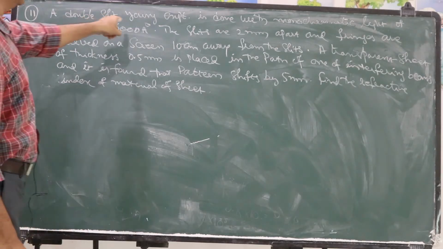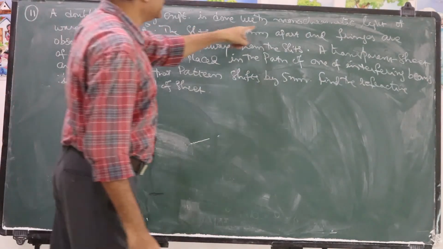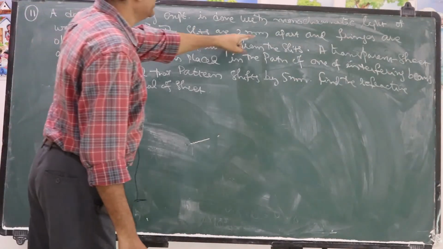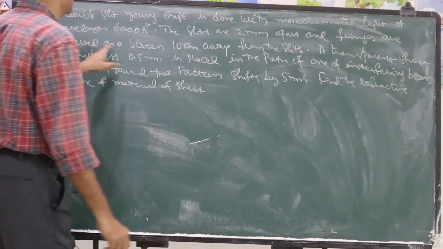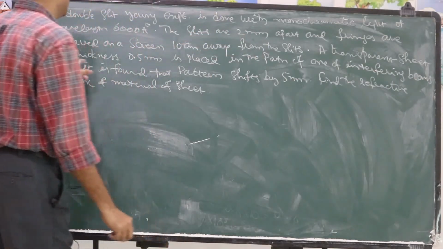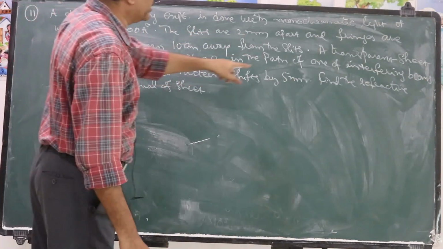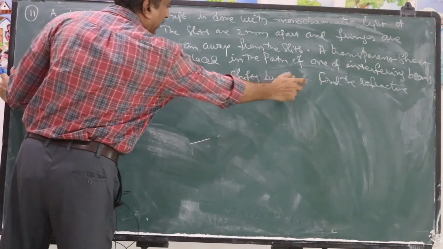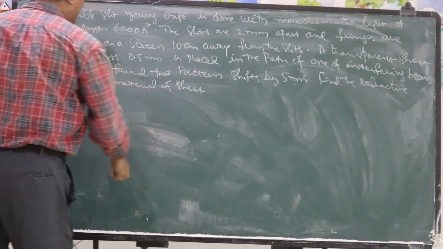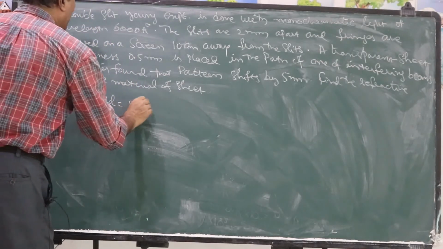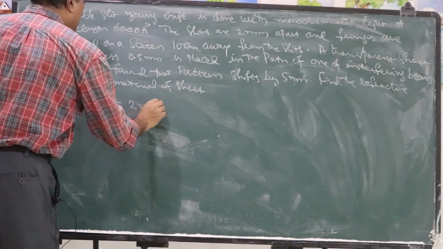Now, a double slit Young experiment is done with monochromatic light of wavelength 6000 Armstrong. The slits are 2 mm apart and the fringes are observed on a screen 10 cm away from the slits. A transparent sheet of thickness 0.5 mm is placed in the path of one of the interfering beams, and it is found that the pattern shifts by 5 mm. Find the refractive index. So, in this case given 2d is equal to 2 mm, that is 2 into 10 power minus 3 meter,